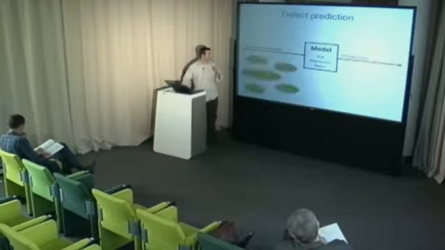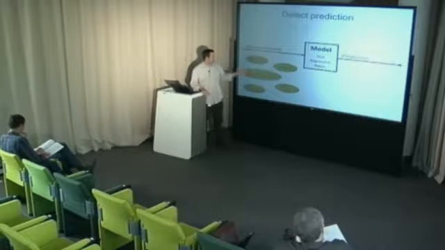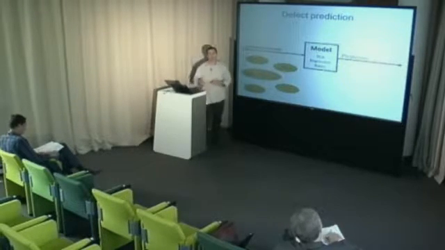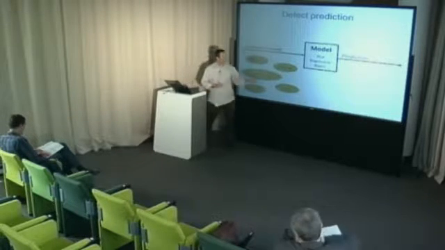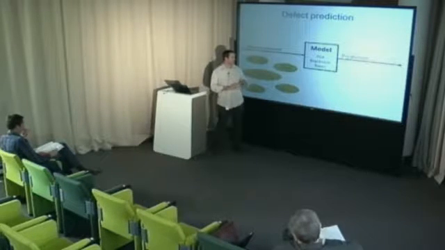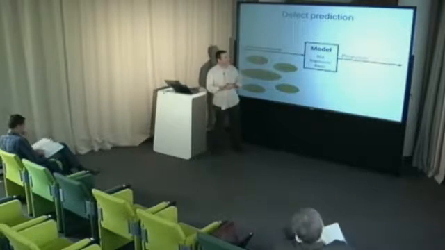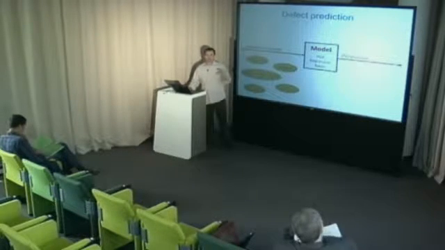And so the standard thing that we do is we gather a number of metrics. So churn and dependencies are standard metrics. The organizational metrics I just described are some metrics. There's a number of different types of metrics. We feed that into a machine learning model. So we've used naive Bayes, logistic regression, principal component analysis. And then after we train that model on a subsample, maybe a prior release,